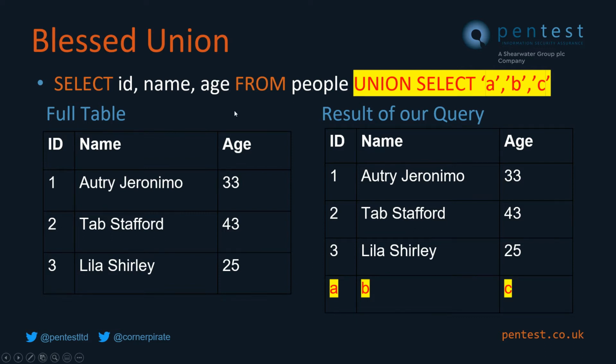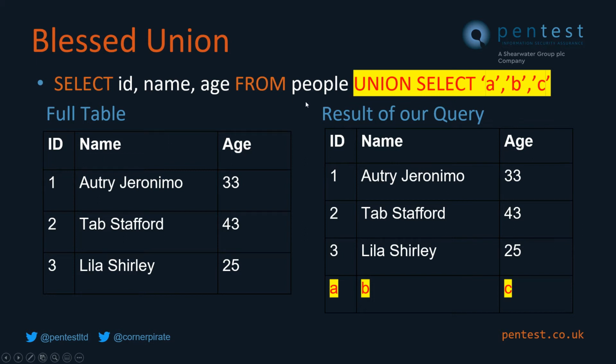So the important thing is there are 3 columns in the left hand side, meaning that if we're going to do a union select, we need to supply 3 columns on the right hand side, or it doesn't work. You will get an error, right? So as long as the left hand side has the same number of columns as the right hand side, and they're all broadly compatible data types,